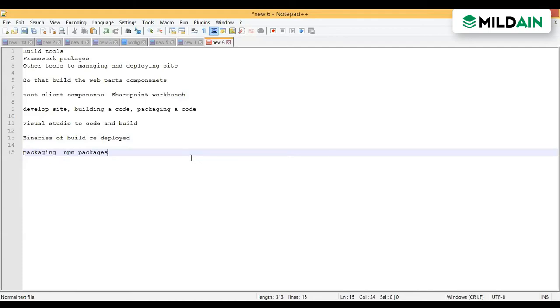So suppose, let me take a scenario. You have got a request from a client to develop a site with 4 or 5 different web parts. Let's take the example of an online shopping site. One client needs a new online shopping site. Whenever the user logs in, a home page comes.